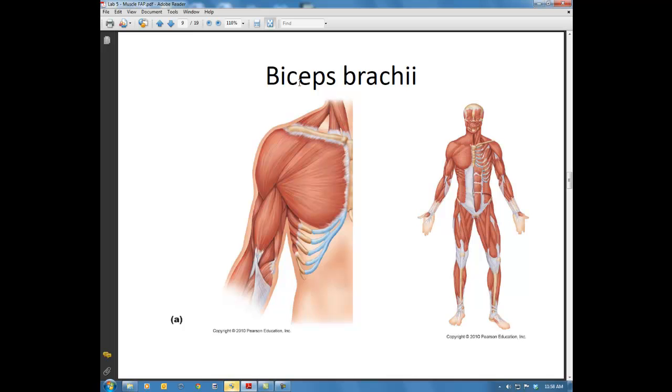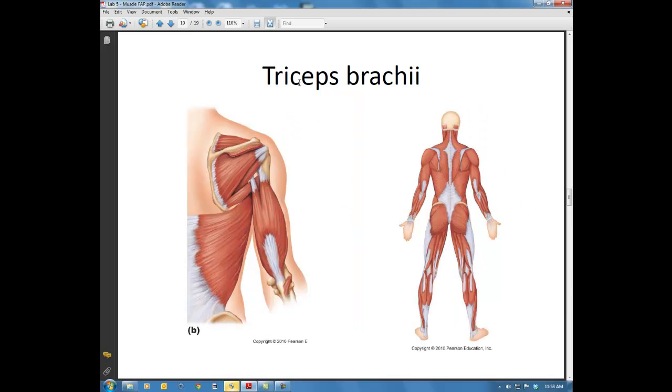The triceps brachii is on the back side of the body. It's opposite the biceps brachii. Here we can see this is what extends our arm at the elbow. So when we straighten our arm out, we're working the triceps. This muscle is typically underdeveloped because we don't usually straighten our arm against any kind of resistance, so it freely falls down with gravity. So this muscle doesn't have to work very hard. As a result, we tend to get flabby arms on the back side of our arm because we're just not